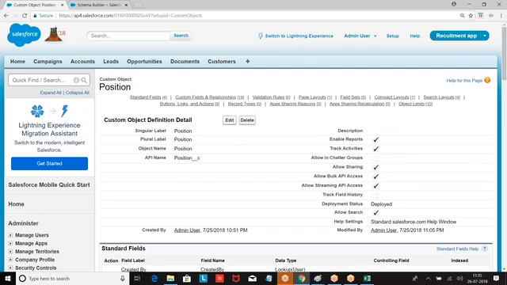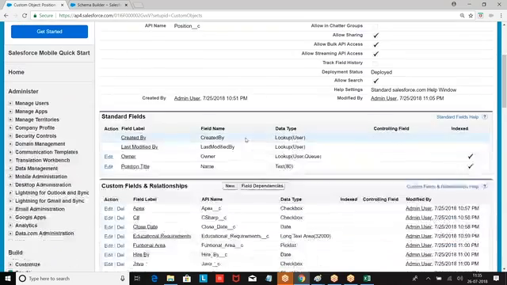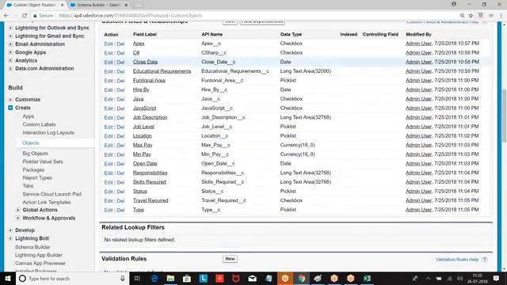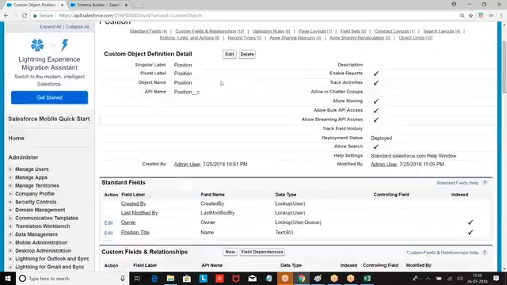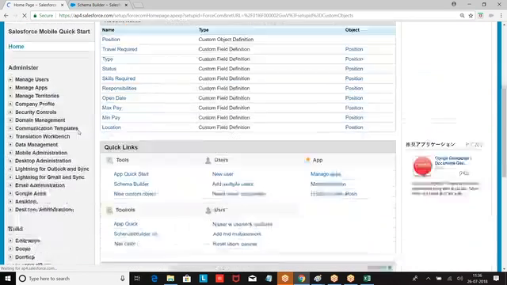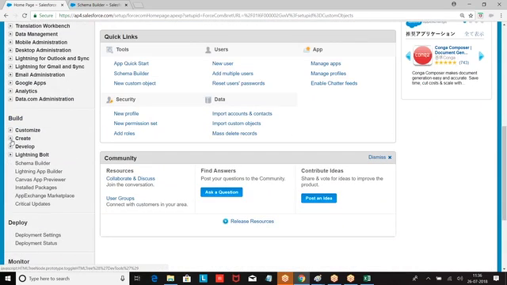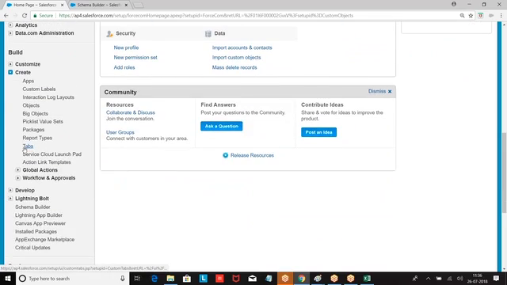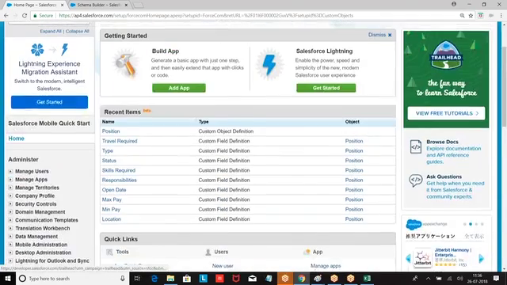Okay, enterprise application. Then what I'm doing, page layout. Now I have a group of fields. Now if you want to see this object, what should I do? Create an application. What I'm doing, setup, build, create. Apps, already created by someone, right? Now what is that?